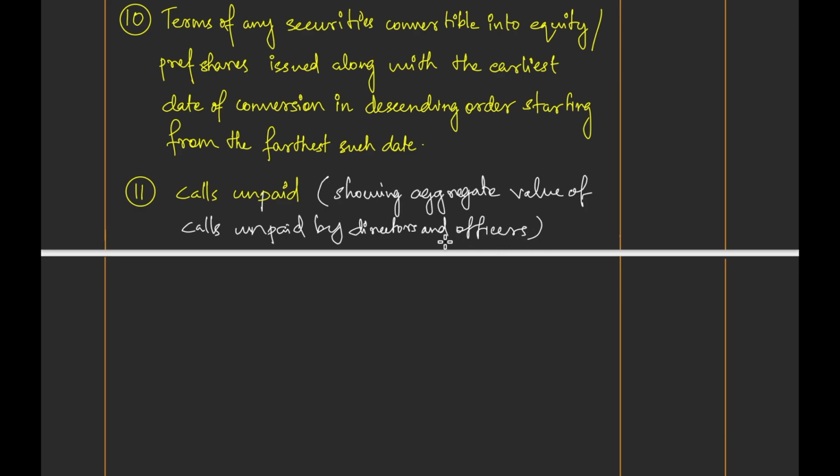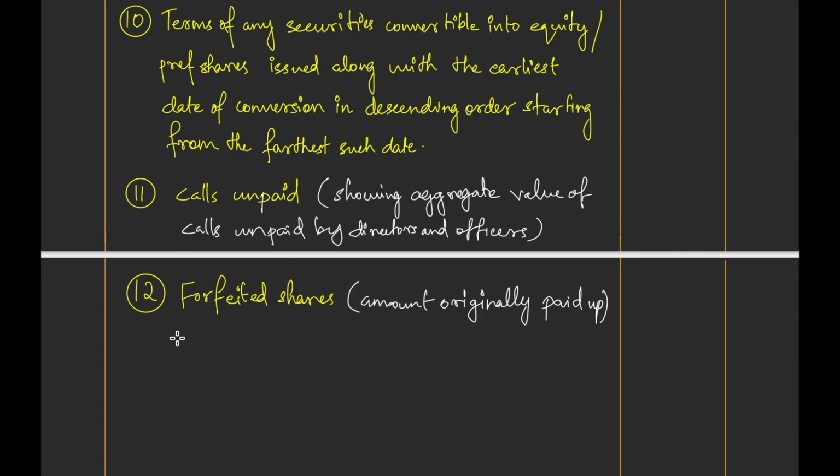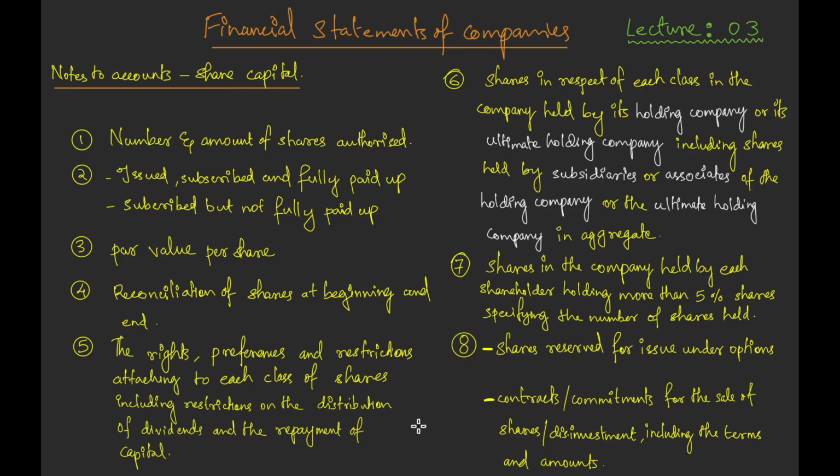Now after this, next one is details of forfeited shares, amount originally paid up. So by this we have discussed what all details we should provide under share capital in the notes to accounts. These are the details which we should disclose under share capital in the notes to accounts, that is number and